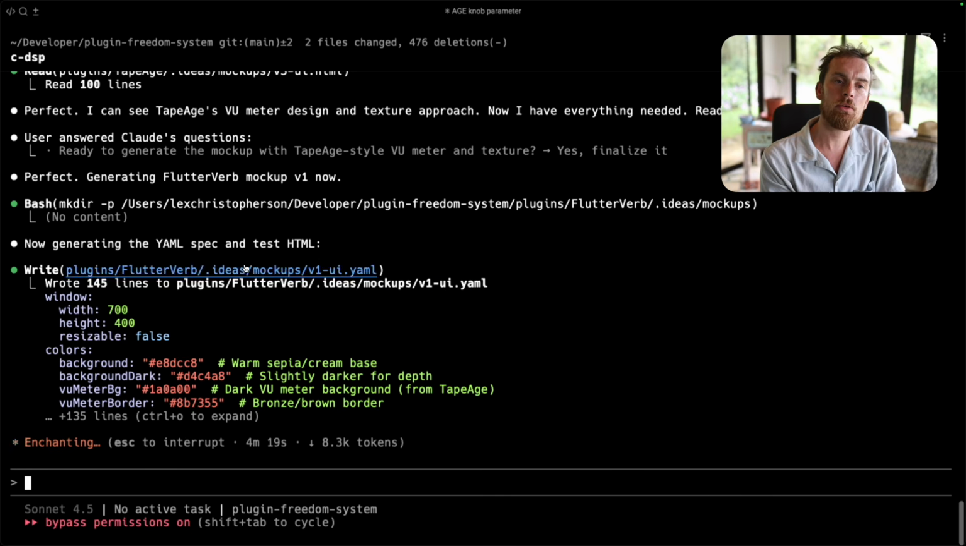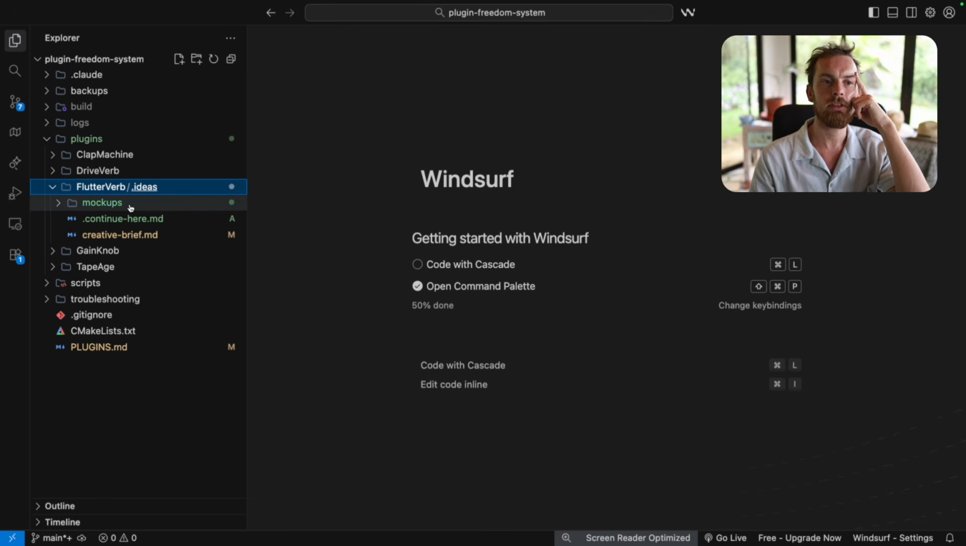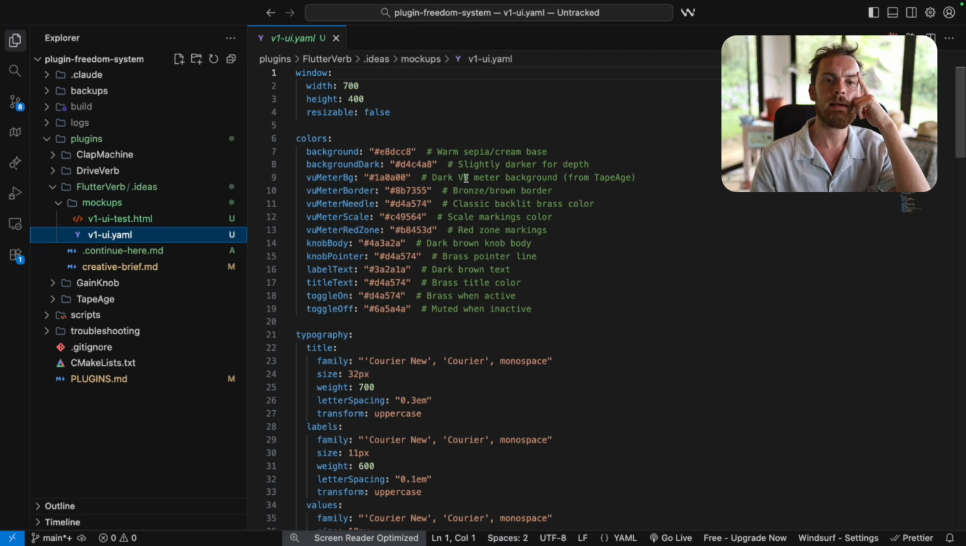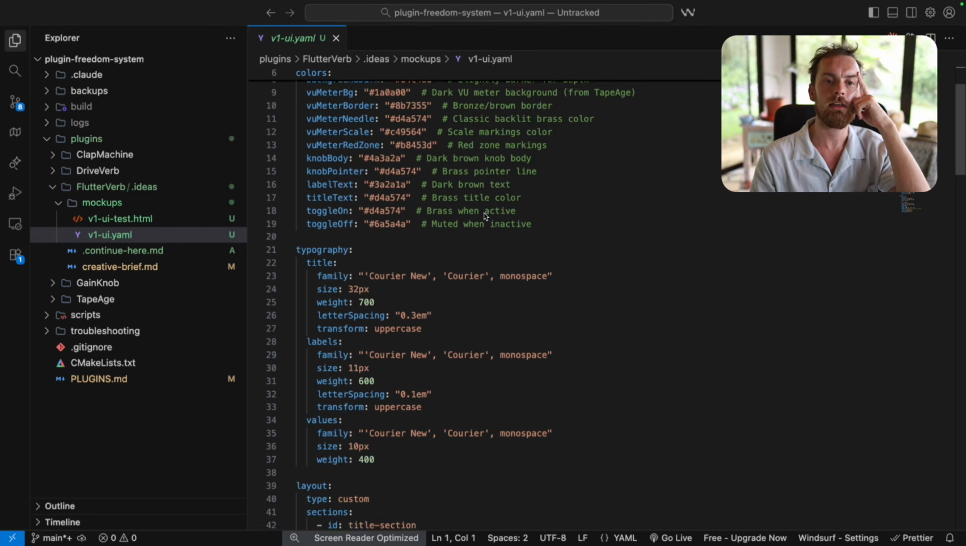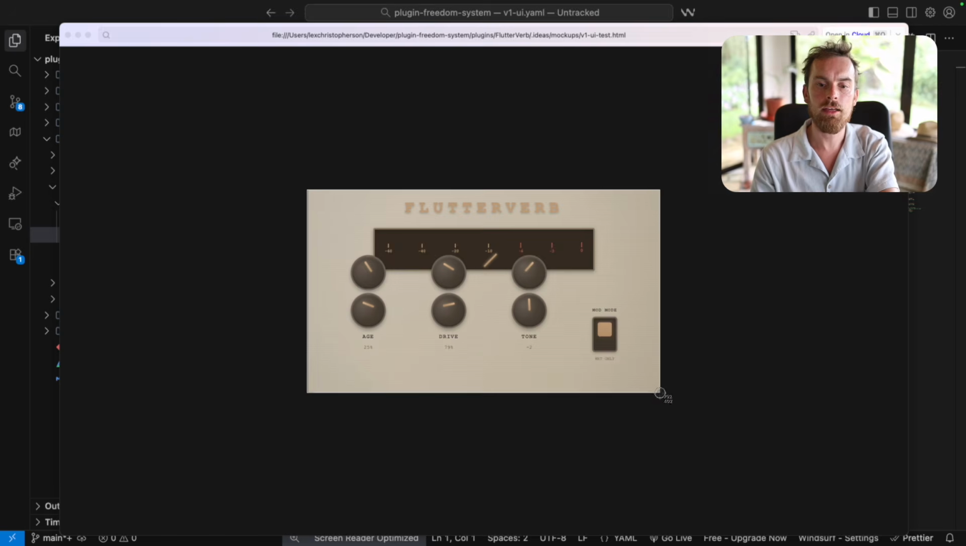So what we do is we first create this spec, and if we go and have a little look at what this spec is that it's creating, let's go into Flutterverb. You can see that in the mockups in the ideas folder, it's created first this YAML file, which describes all of the colors and everything that's needed. So boom, there we go. It's now created this, and we can play around with it, and we can say, okay, well, no, these knobs are not behaving right. So what I like to do is I'm just going to take a screenshot of this,